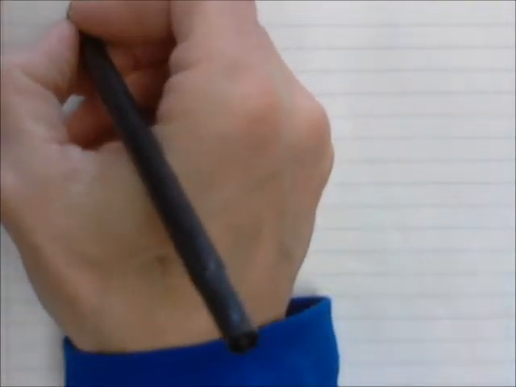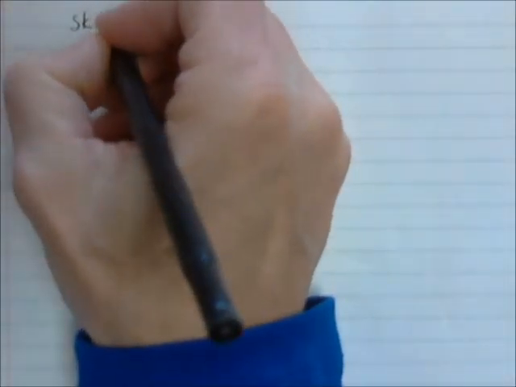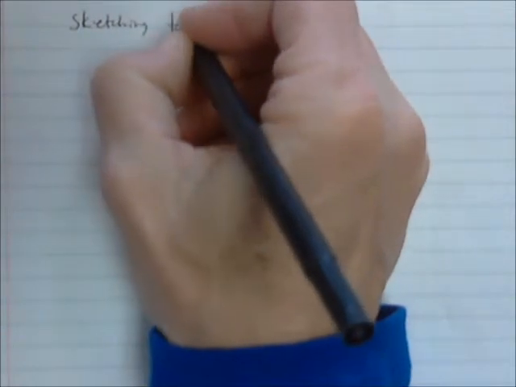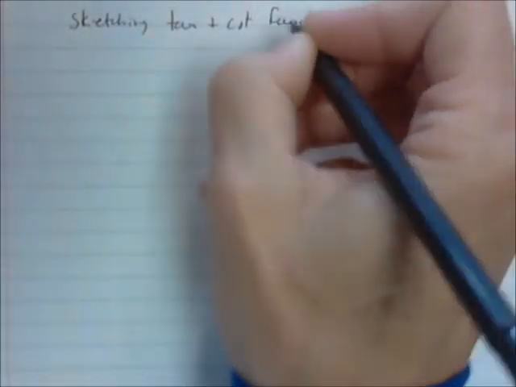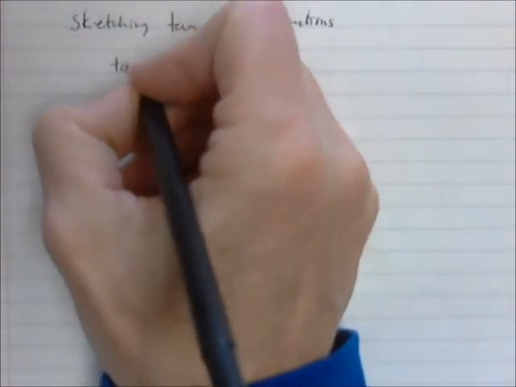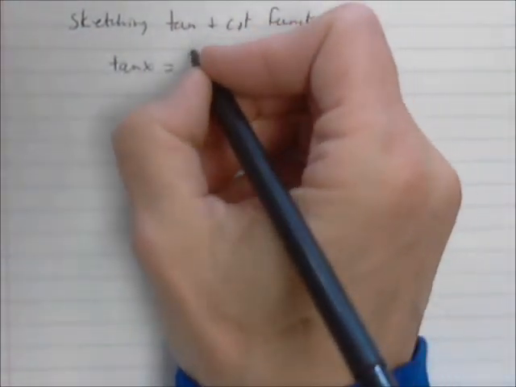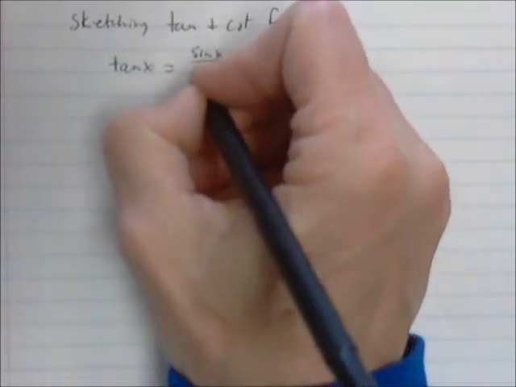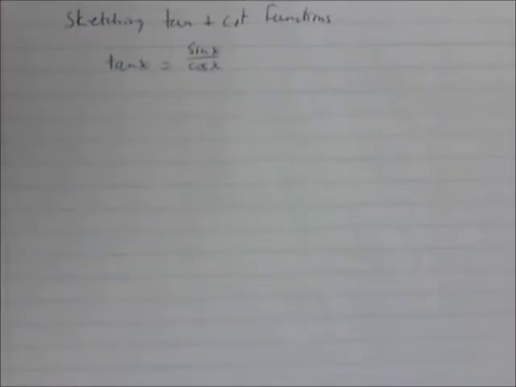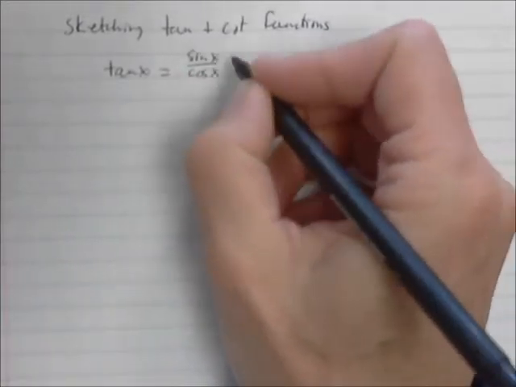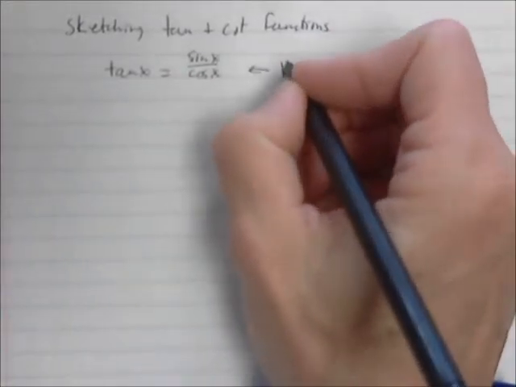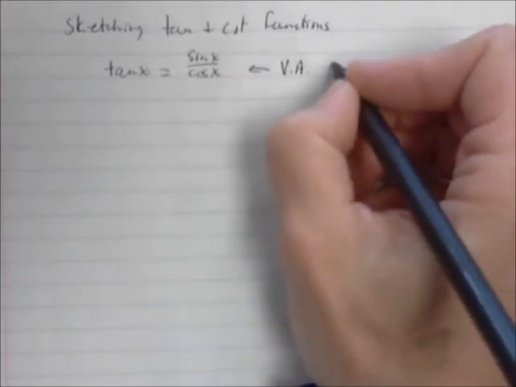Today I'm going to show you what you need to know about sketching tangent and cotangent functions without a graphing calculator. First of all, the tangent of an angle is equal to the sine over the cosine. Hopefully you remember that from last year. So if I wanted to graph this, this is a rational function, and it has a VA every time cosine